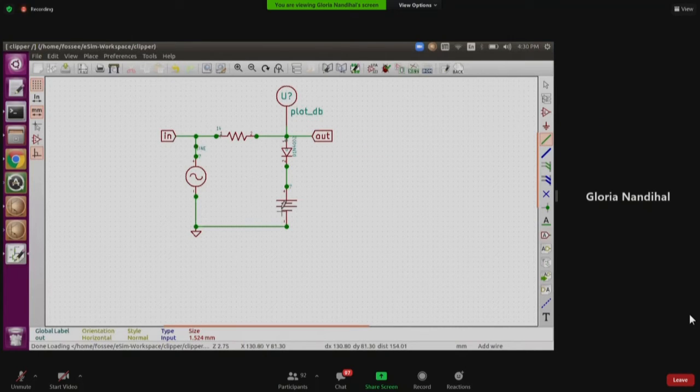Now if you see here, I'm not replacing this diode with eSim_D. This is not being replaced with eSim_D from eSim devices. We are keeping it as it is. So why is that? The main advantage of using KiCad is that you can use all the KiCad libraries and make them ngSpice compatible.